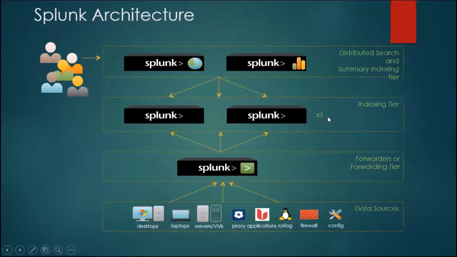Any number of indexers can be there, which can index the data and take the load from the incoming forwarders. You can have a heavy forwarder, or a lightweight forwarder. Heavy forwarders have a large input output operations capacity, which can collect a lot of data from multiple data sources, and then they have the processing power to forward the data to the indexers, where they index the data according to the data type which is coming in.